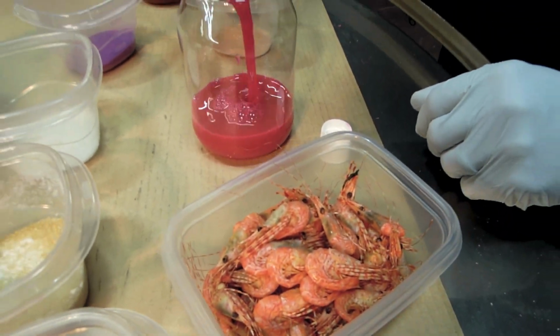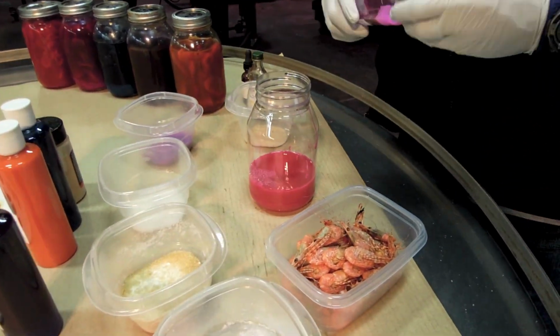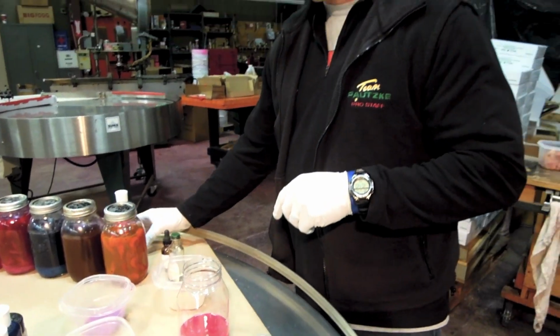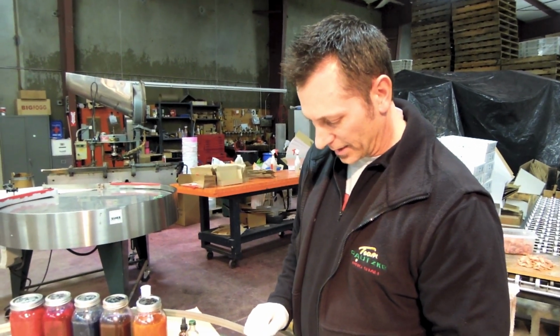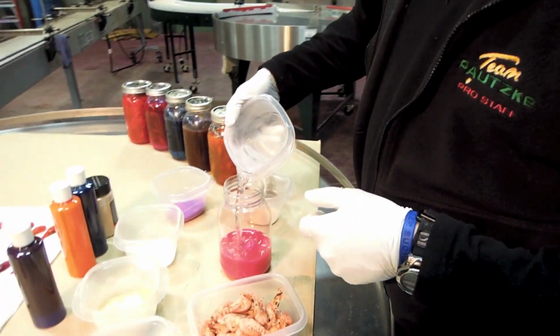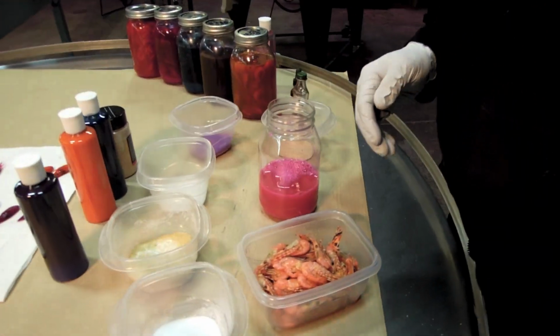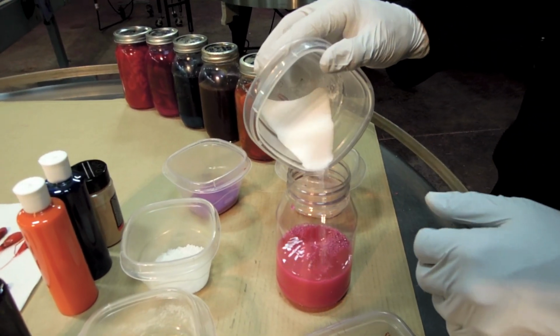We're going to empty 1 full bottle of nectar into our quart jar. This is a quart jar recipe, pretty simple to use. Into that as well, I'm going to start with a 1/4 cup of water, just to add a little more liquid before I start adding all the ingredients. So here you go, real basic. 1/4 cup